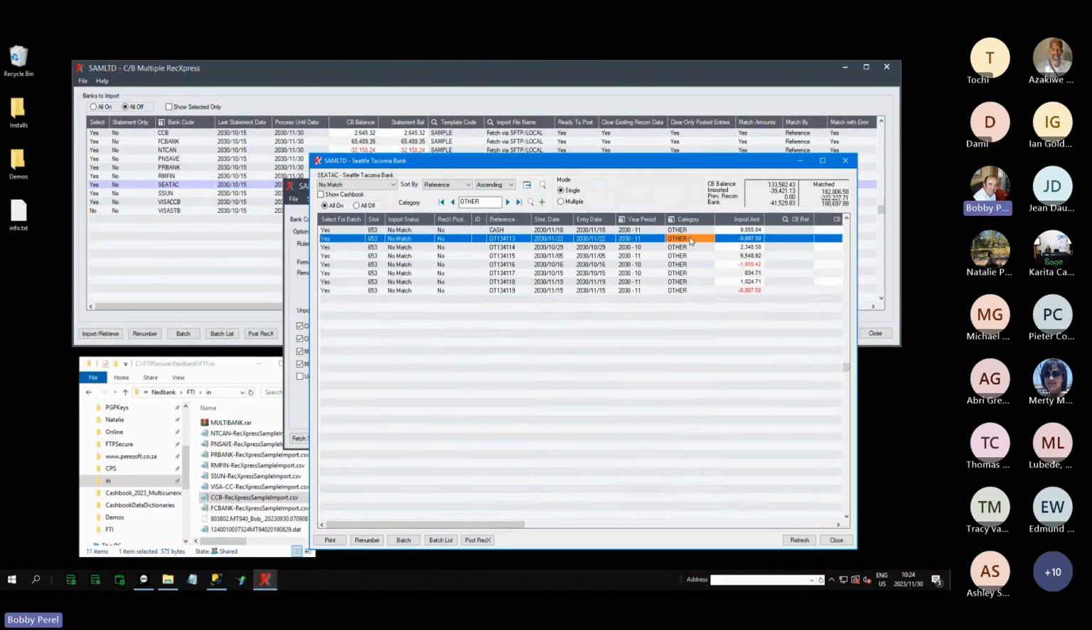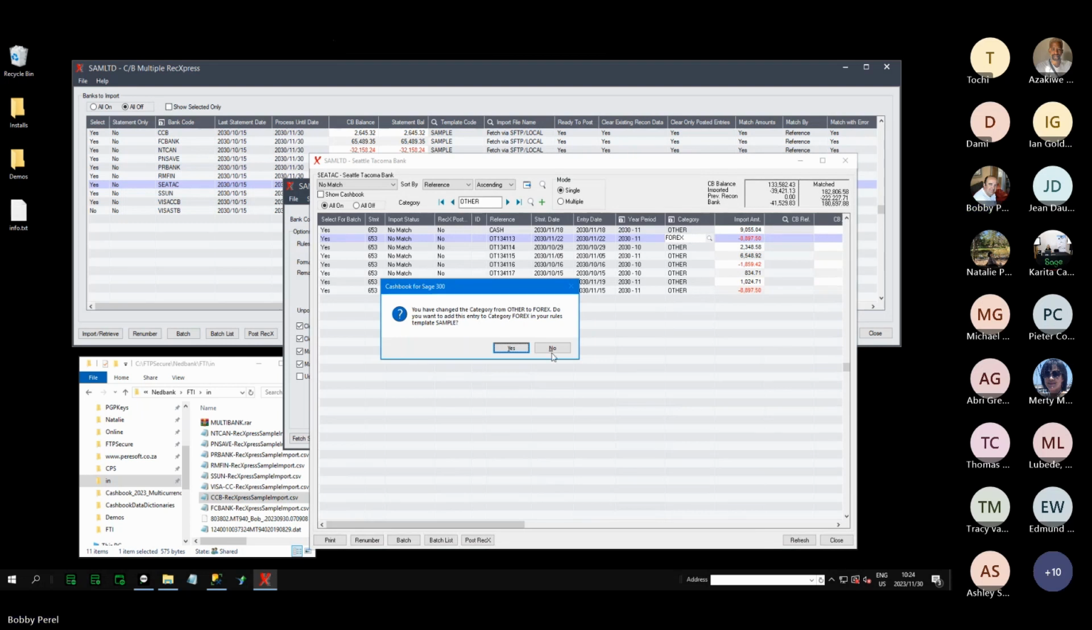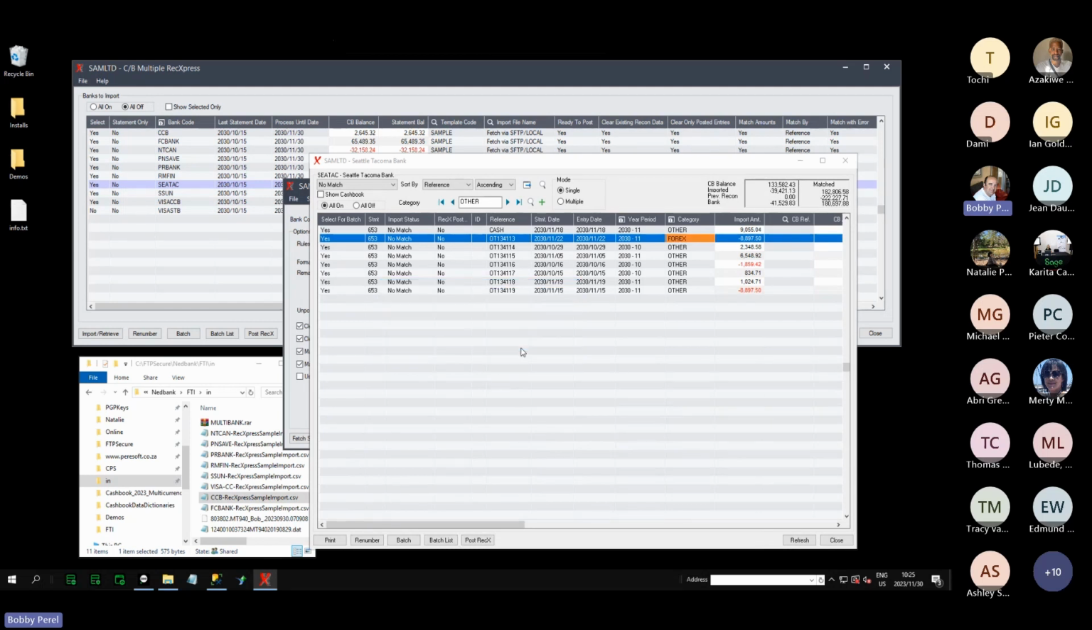I'm going to change the category to Forex. Okay, and then it says, right, you want to change the category from other to Forex. I say yes. It then adds it to the Forex. Do you want to edit this Forex? So what's happened now? It's added the rule to the Forex in the defaults. I can then edit the rule